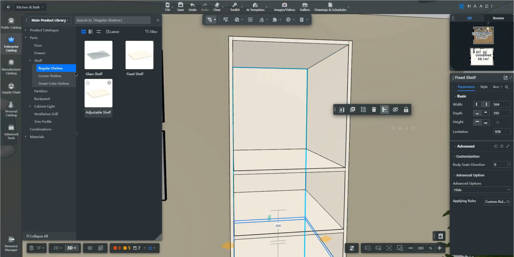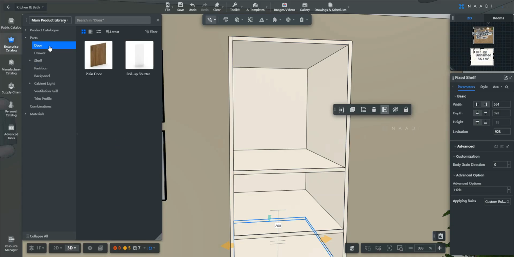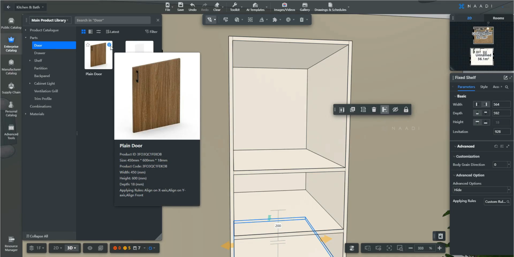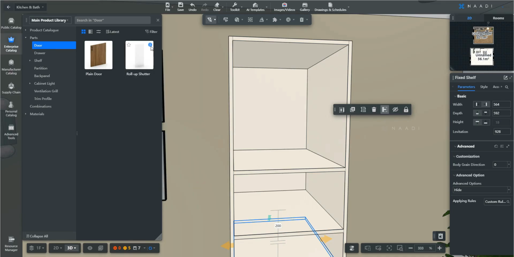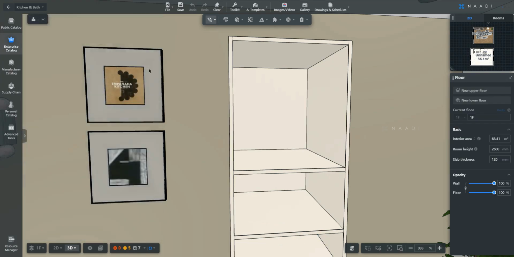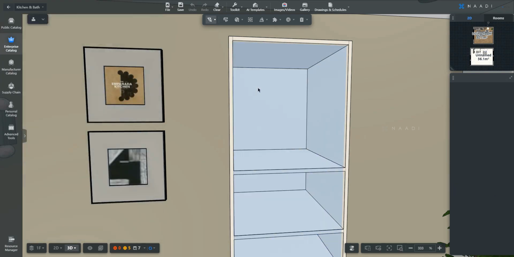For that, you can see under parts, you have a specific folder here named doors. If you click it, there you will see your normal plain door or your roll up shutter. Depending on your requirement, you can click and place it. So in my case, this is going to be a normal plain door. So I can just click on this plain door, place my cursor on the compartment where you like to place